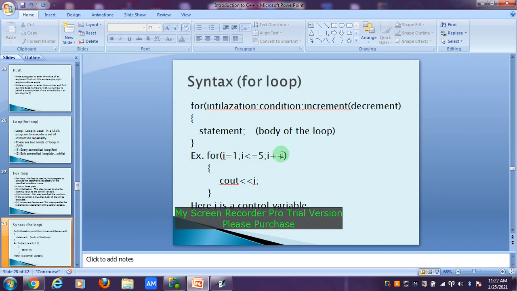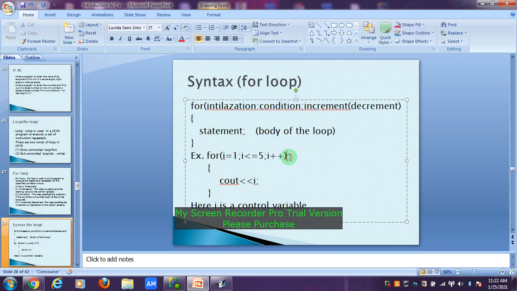So I will do the increment in I by 1, that is written as I plus plus. I plus plus means I equals I plus 1. So either you write I plus plus, that is a short form of I equals I plus 1, or you can write I equals I plus 1.